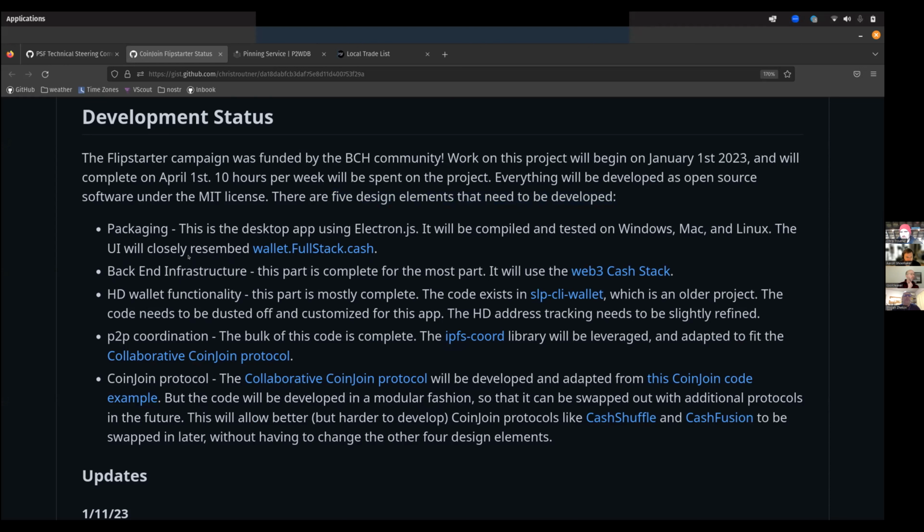And then you've got the actual coin join protocol. What I'm hoping to do is tackle those first 4, because most of that work is already done, with the exception of Electron, although it is mostly done now. If I can package those first 4, then I've created a platform for other developers to innovate and try new ideas around the actual coin join protocol. And then eventually,